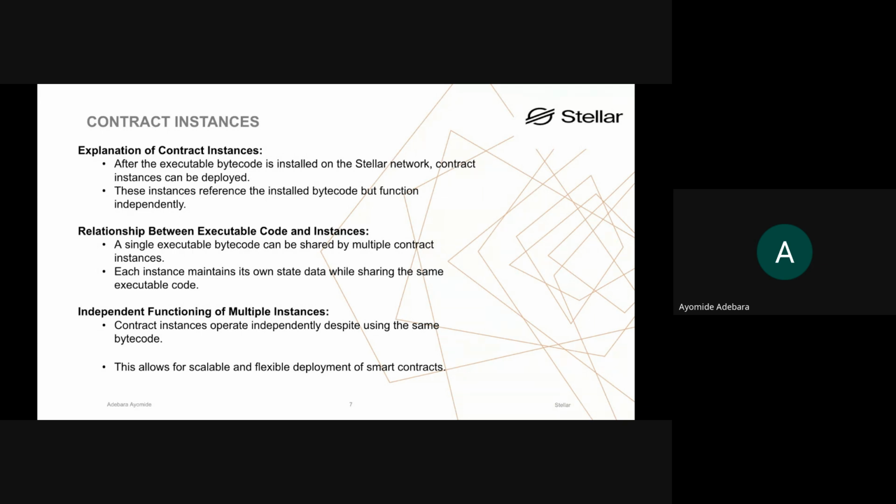I think I'm going to draw this to explain what I'm trying to say. Give me a second. Let me share my screen. I like drawing to make the point clearer. Can you see my screen?